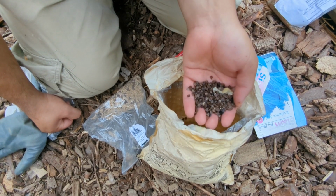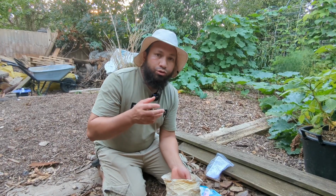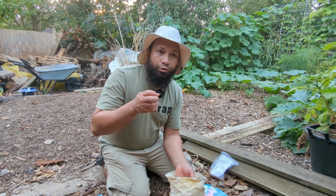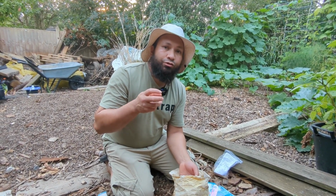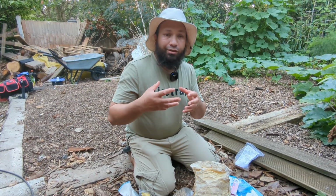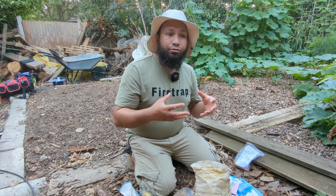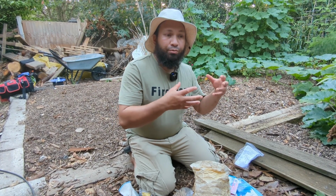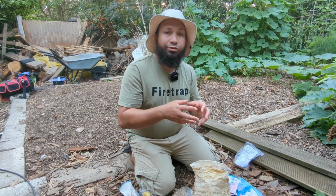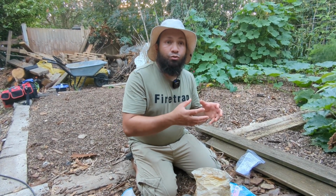Now, buckwheat is absolutely brilliant at adding phosphorus to the soil. Most soils are actually plentiful in phosphorus, but what you do see is that the phosphorus isn't plant available. Buckwheat's an absolutely fantastic way of taking that phosphorus that's already in the soil and making it plant available. So it's available in the soil, but your plants can't access it. This buckwheat will turn that phosphorus into something that the plants can use and then grow from and give you